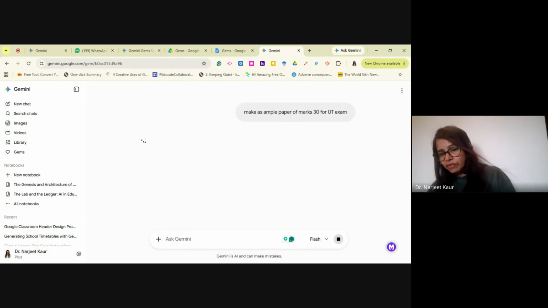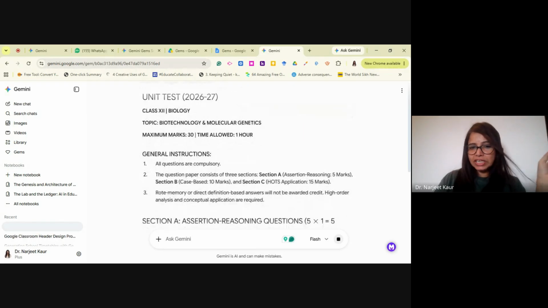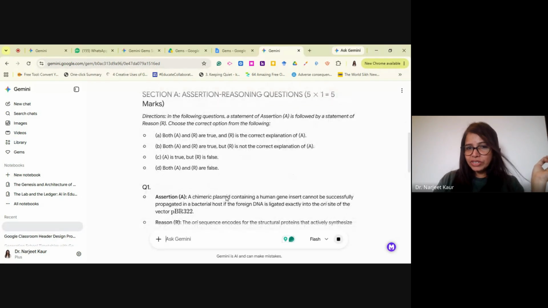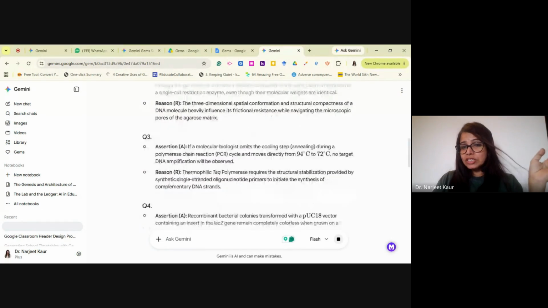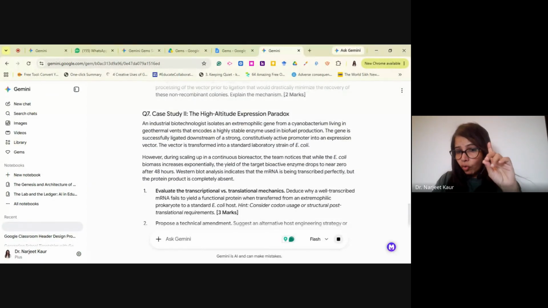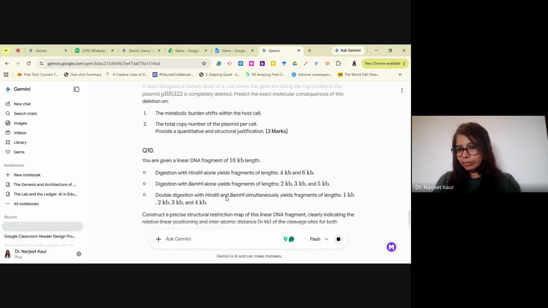Once I have given detailed instructions of how I want my competency based question paper to be, I can use it for any language, anything. And here it is: general instructions, assertion reasoning questions, 5 marks. It has divided a 30-mark paper using all kinds of questions and allotting marks accordingly.